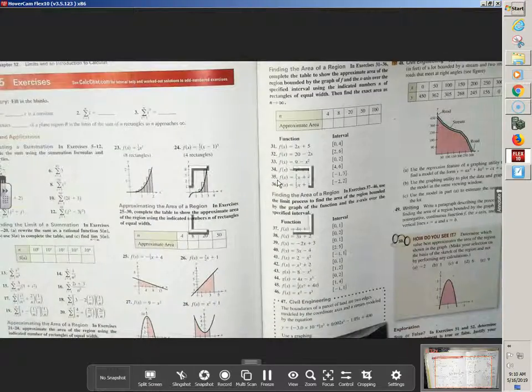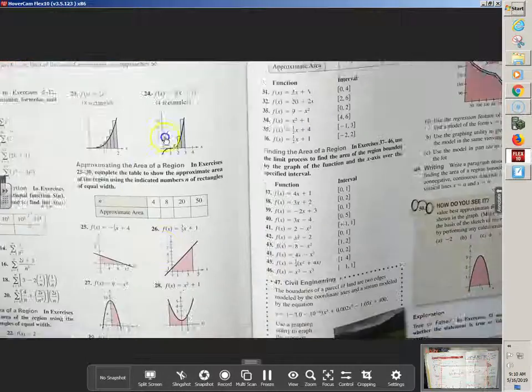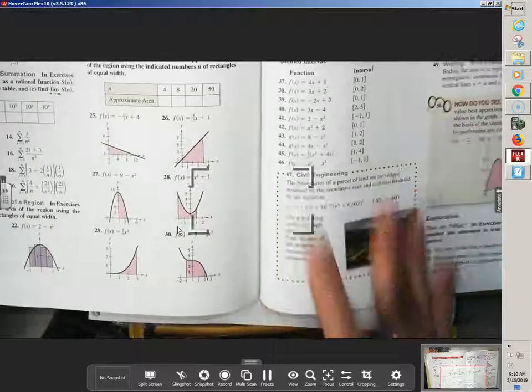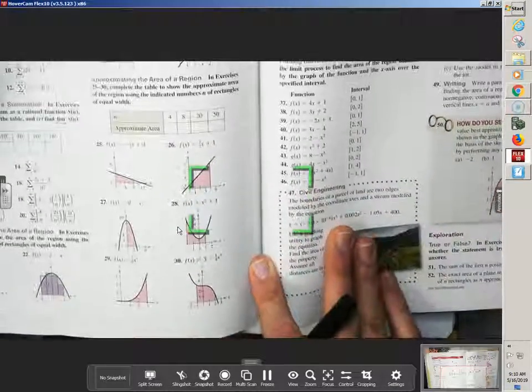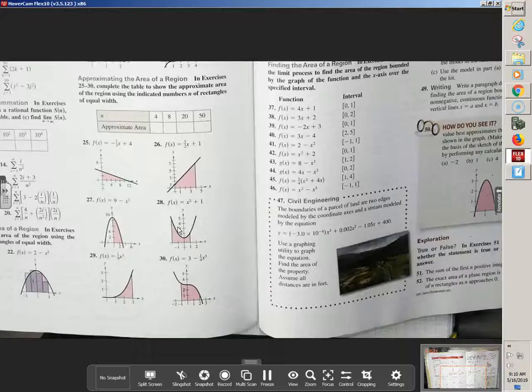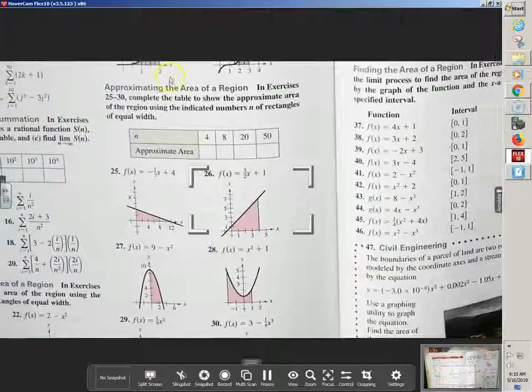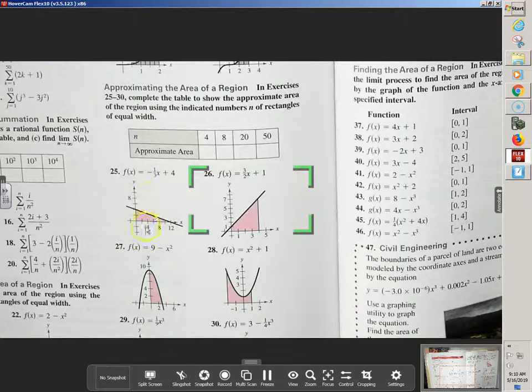Kim, number 25 is going to be kind of similar, except number 25, the directions get a little bit harder. Because then they say, okay, we have this function. We move them up. For this one, it's just a line, which is actually, we can kind of cheat on it just a little bit. If we're trying to find the exact area, it'd just be area of a triangle, 1/2 base times height. But they're having us use this rectangle idea again. It says